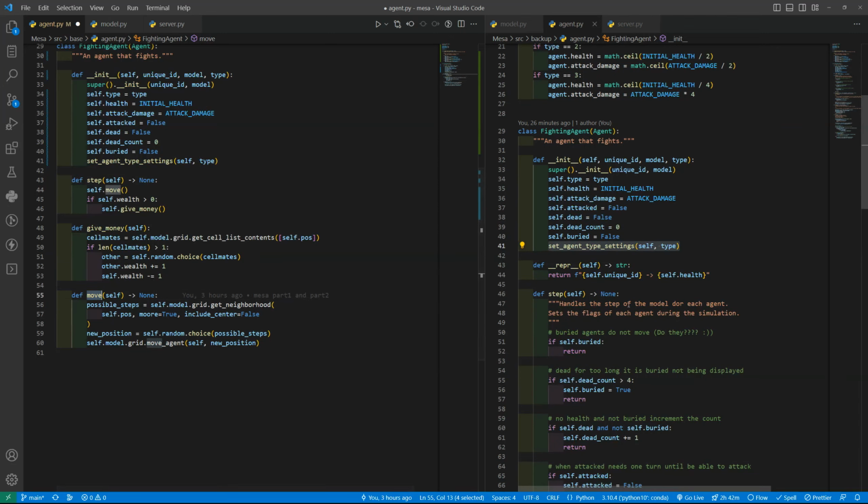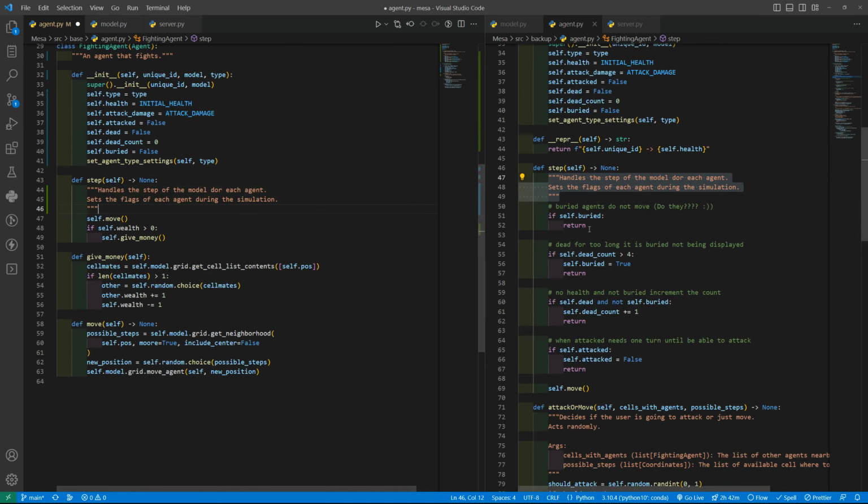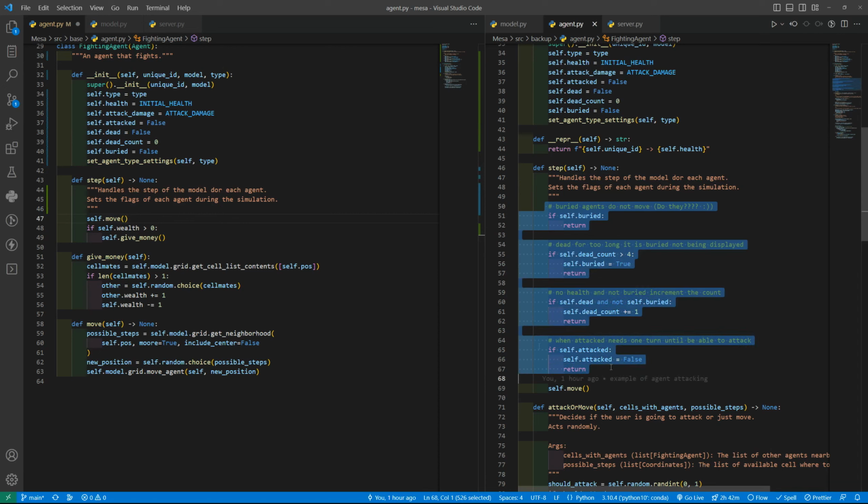Where we are going to update these values, we are going to change the step and the move. So basically the step now will handle the flags. So let me comment this. And basically we are moving only if some conditions occur. Basically, let me copy all of this